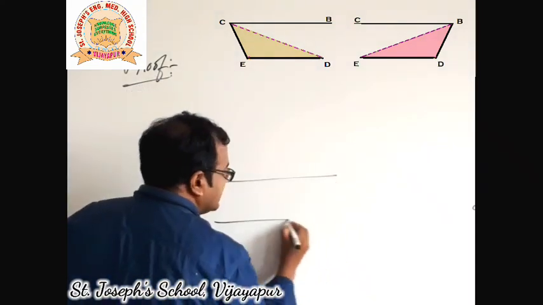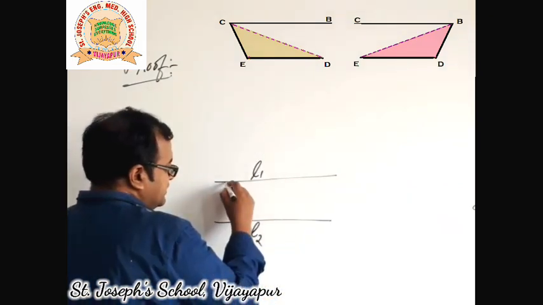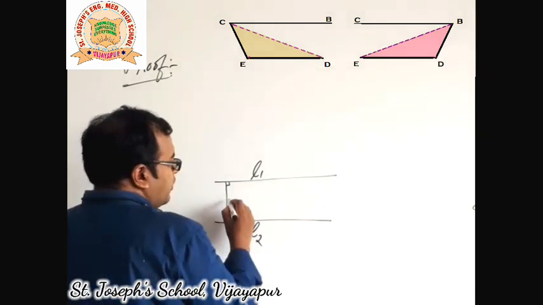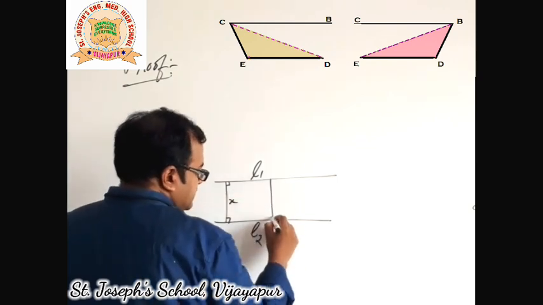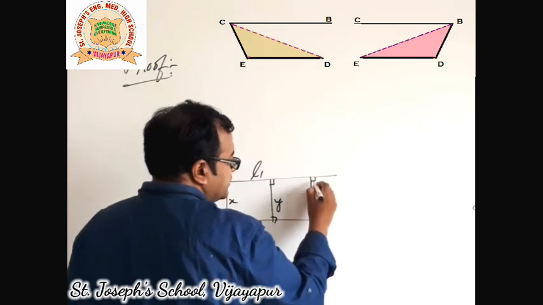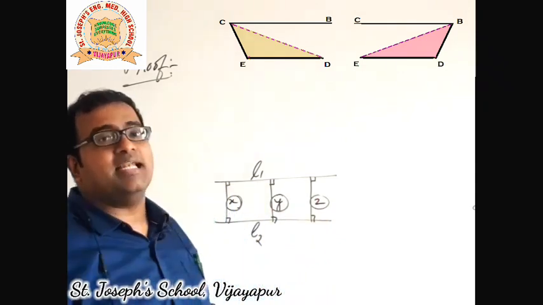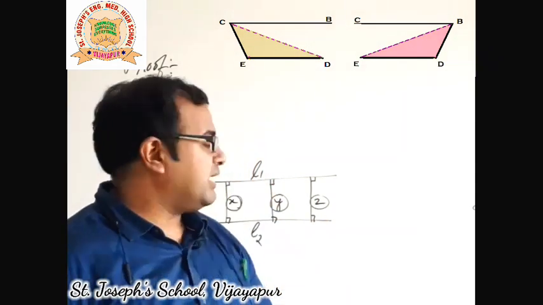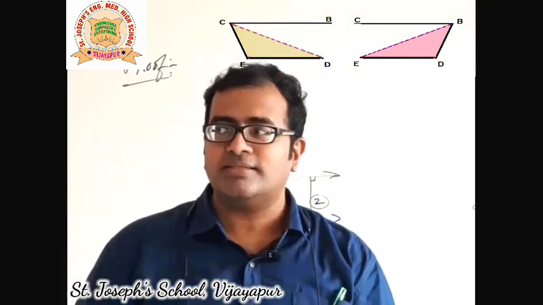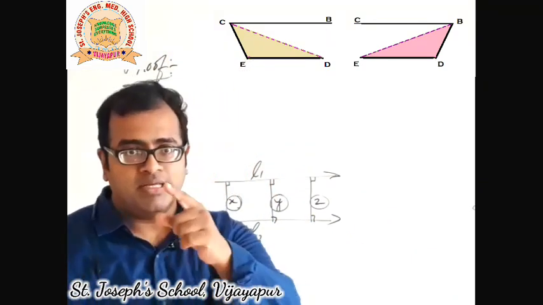What do you know about parallel lines? See, if two parallel lines are there, this is L1, this is L2. If I find the perpendicular distance between these two, I'll call it the height or perpendicular. If I call this X, I'll take another distance here. I'll call this Y. Again, I'll take a distance here between the two lines. I'll call it Z. What comment can you give about X and Y and Z? If these two lines are parallel, I'll mark it with arrows so that you can say they are parallel. L1 parallel to L2 means X is equal to Y is equal to Z. All these three are equal.